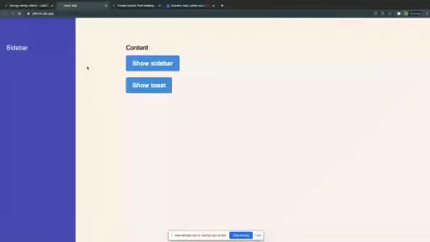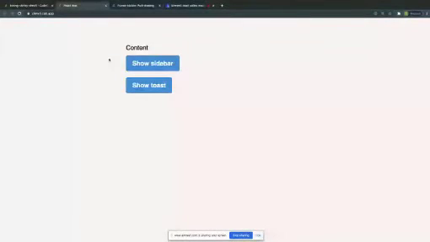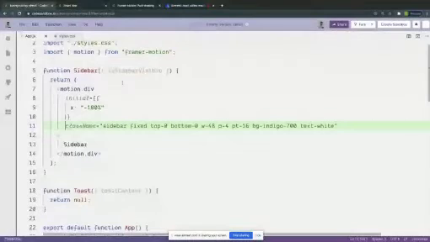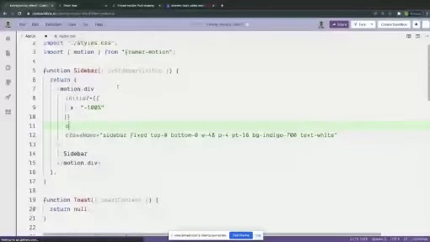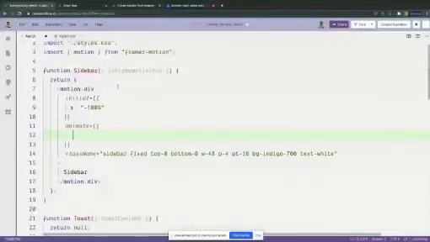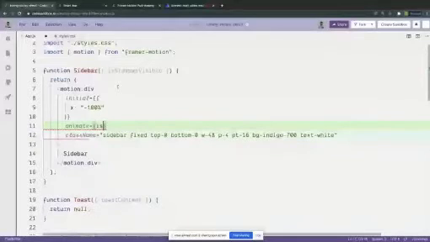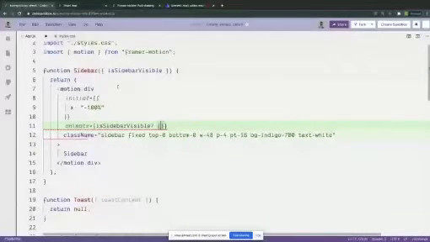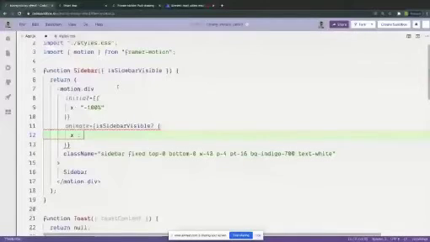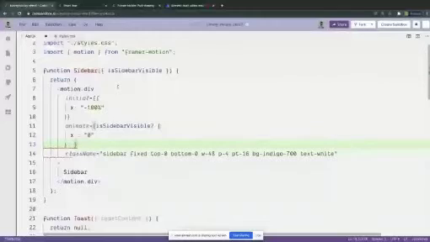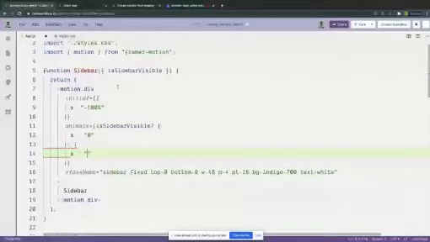But let's first refresh the page. It is now completely moved to the left, and I can add in a prop called animate, and here I can do all the magic that I want. So here, I want to make sure that if the sidebar is visible, then I give x as 0. And if it's not, then I just want to give it the same x as -100.